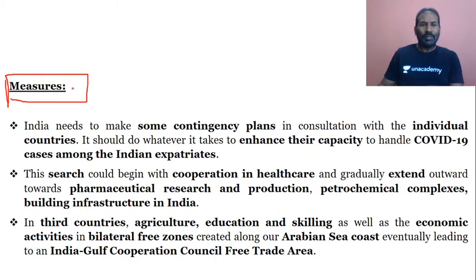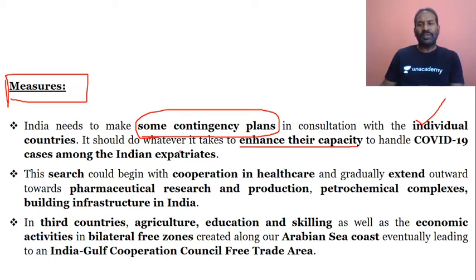Now we will look at the measures. So India should definitely look at some contingency measures or plans, which are very important at this time. That is, they have to look at the other individual countries. Please do understand that we should not just focus on the Gulf countries, where 9 million expatriates bring home the remittances. Rather than that, now India has to focus on the other individual countries, so that we will have the Indian expatriates, that is the Indian diaspora, getting into the various countries.